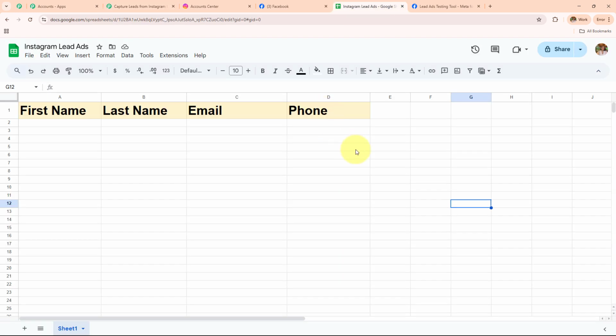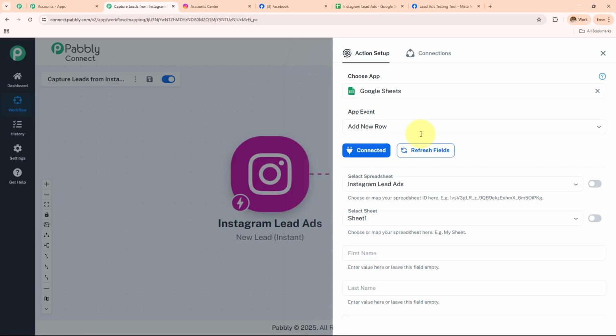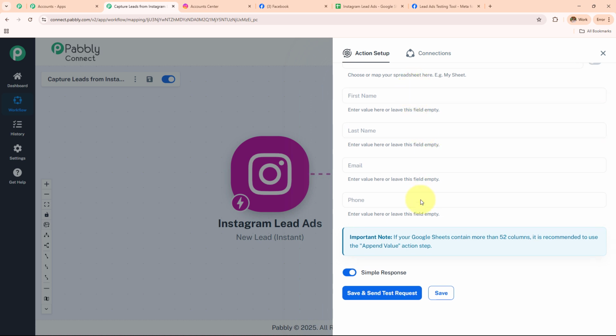If I open my Google Sheet spreadsheet, here I have created the spreadsheet by the name Instagram lead ads. So I'm going to select this spreadsheet only, and then we have all these fields. Now I'm going to enter the value to all these fields. But over here I'm not going to enter any of these details manually. Instead I'm going to use a method called mapping, which means I'm going to enter the data from the previous